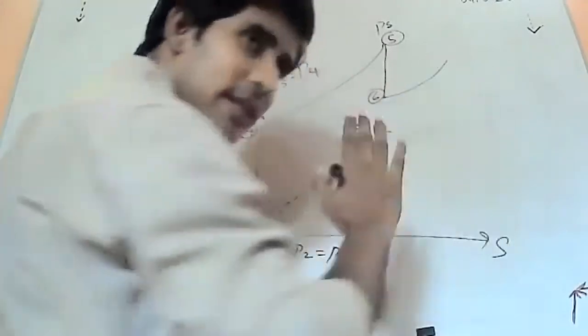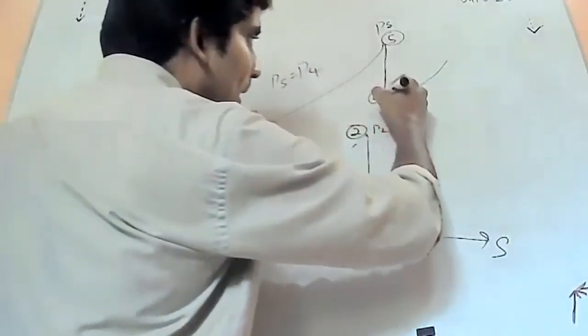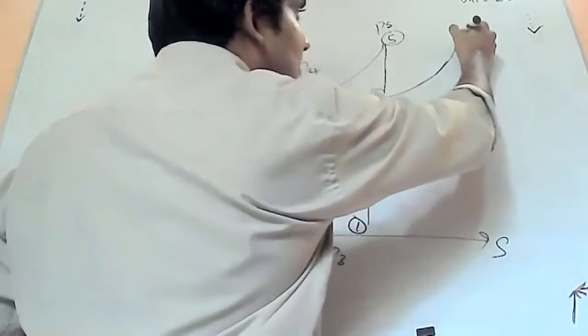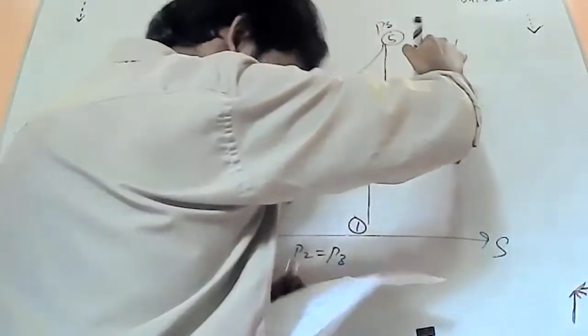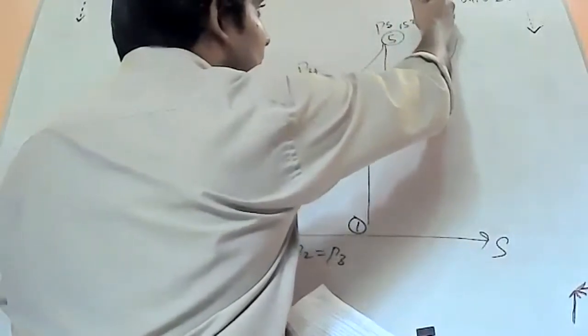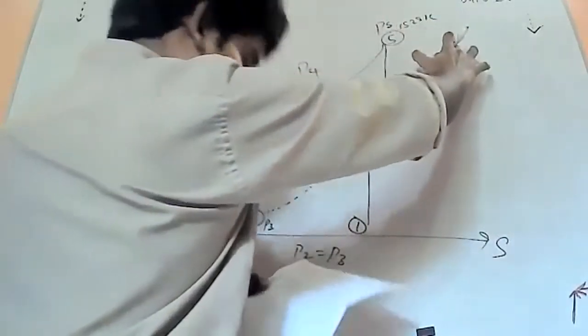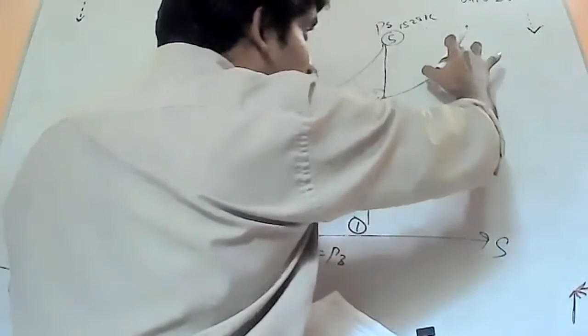Okay, so we are going to heat it back, but careful, we are not going to heat it back up to the same input level as the first turbine, because guys, this is 1525 Kelvin. But this level is not 1525, this is 1390, so a little bit lesser than that.